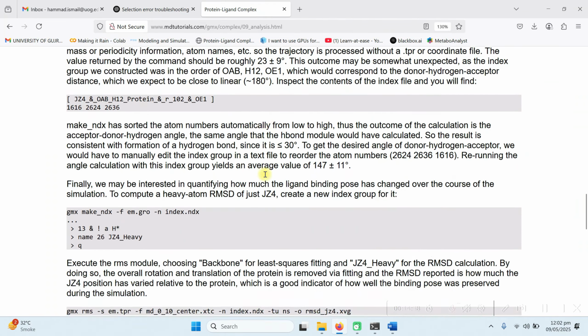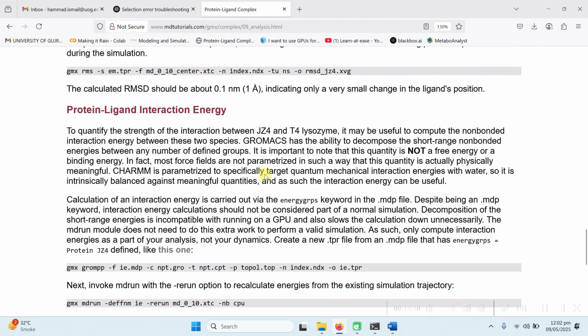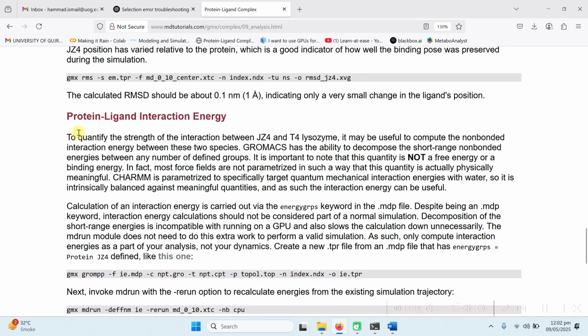All these commands and other things are completed. Now the last part of this tutorial is protein-ligand interaction energy. Now we are going to cover it. In this step, click on this one